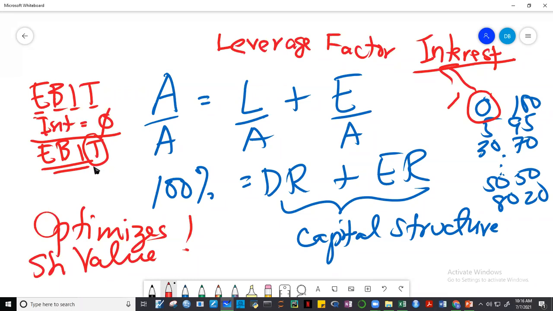Taxable income. Pag may borrowing guys, pag may interest, ang nangyayari, mababawasan yung earnings before tax natin. Mababawasan yung earnings na subjected to tax. So mababawasan yung tax. So in that sense guys, nali-leverage natin, nababawasan yung tax liability ng company. So that's why they say that ang borrowings guys,